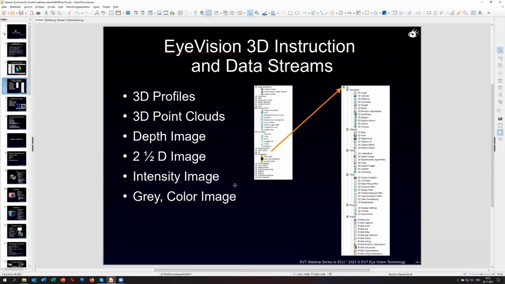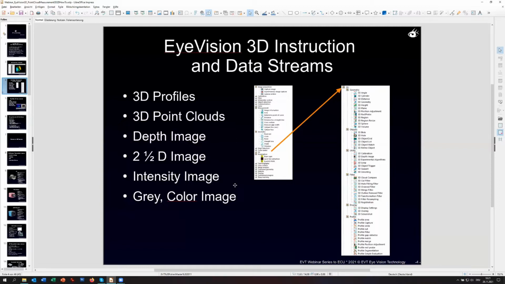Normally, a printed value or some print on top of a part cannot be detected with a point cloud, with a 3D sensor, because the print height, depending if it's a laser printer or whatever, is anywhere below hundredths of a millimeter. And of course, there are some sensors which are able to have this resolution, but then they are highly specialized. But the intensity image at a special point of the scan generates also